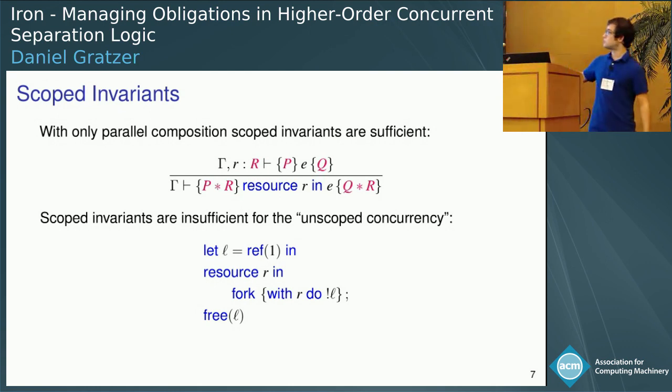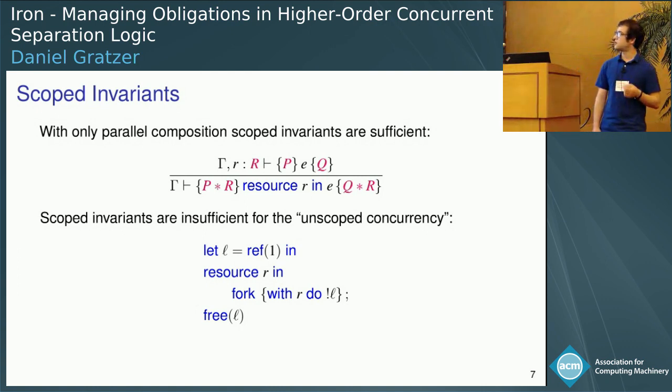And the rule for them, well, one of them at least, is written on the slide right now. And it basically says that within a particular block of code guarded by this resource RIN, we can take some invariant, we can throw it into the context so it can be shared amongst threads, we can execute E, and then at the end of the day, we get R back. Scoped invariants are fine when we just have par, but once our notion of concurrency is unscoped, like it is for fork, these